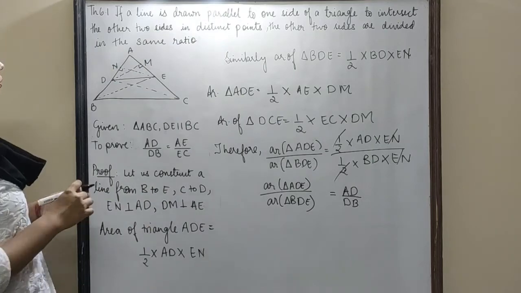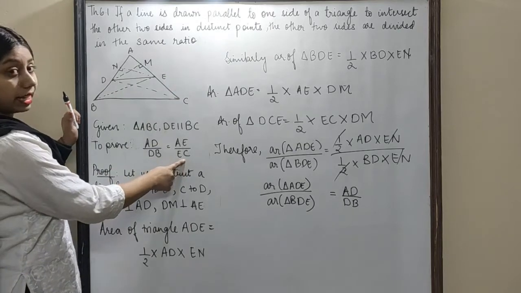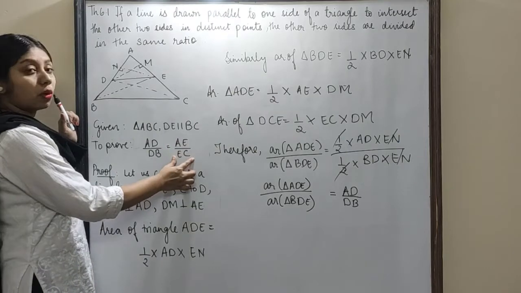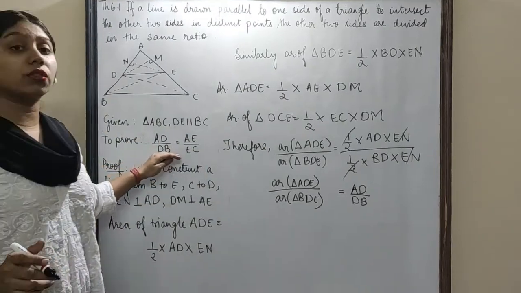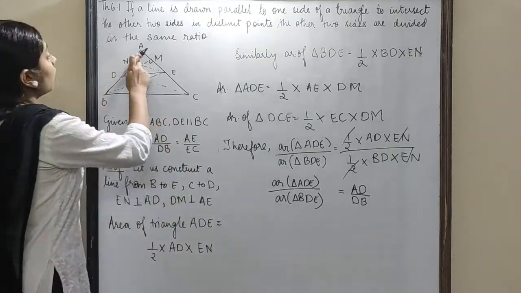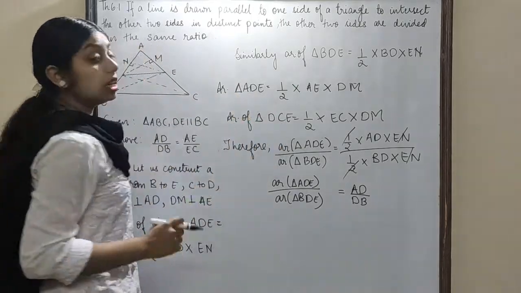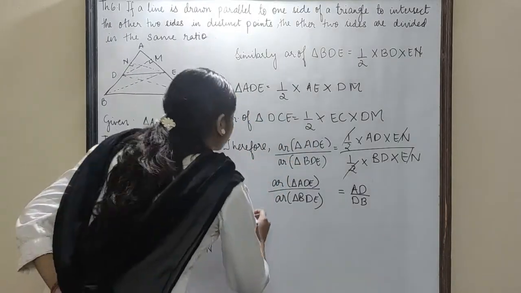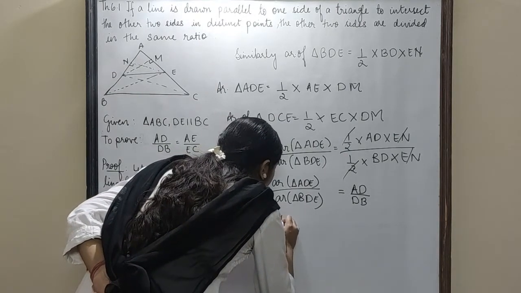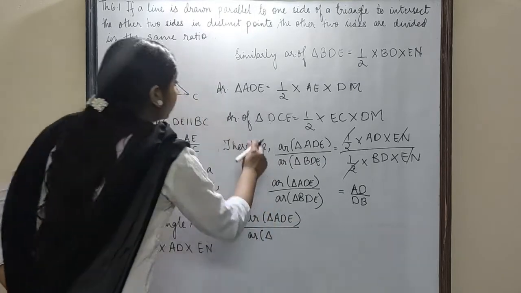Right. Next, we have to take the ratio AE upon EC. We are moving to the second part of the proof. Still, we haven't proved that they are equal. We have just found the ratio. Now, for this we need triangle ADE and triangle DEC. So over here we are going to write area of triangle ADE upon area of triangle DCE